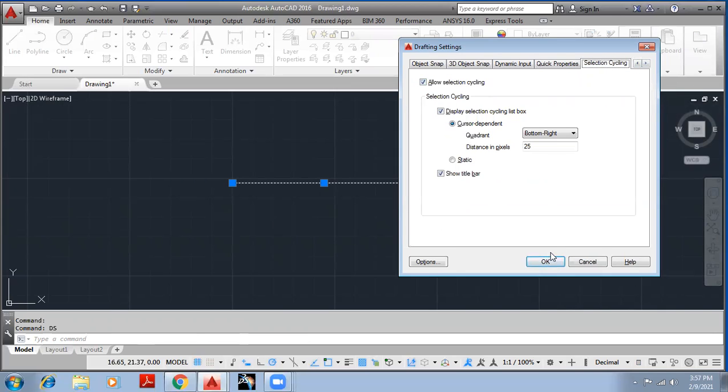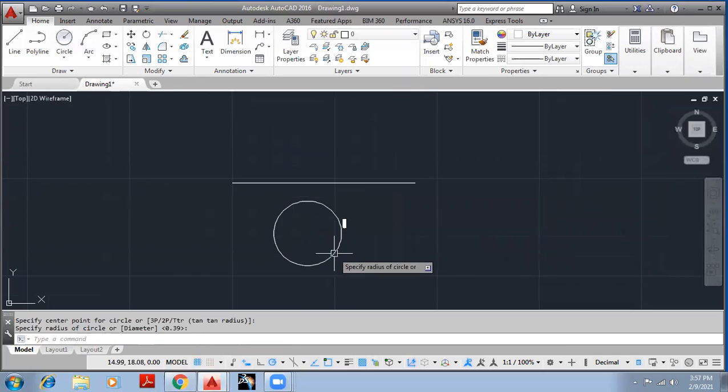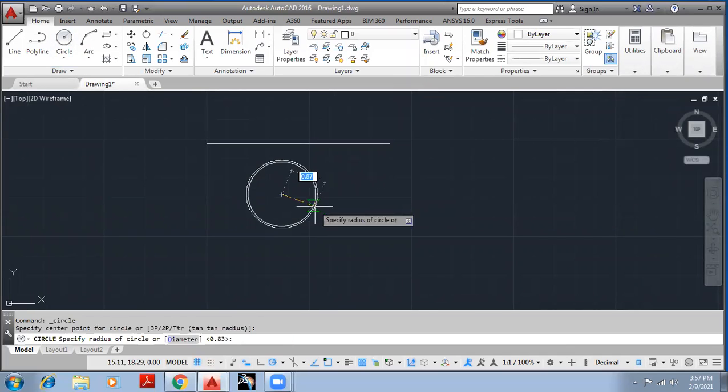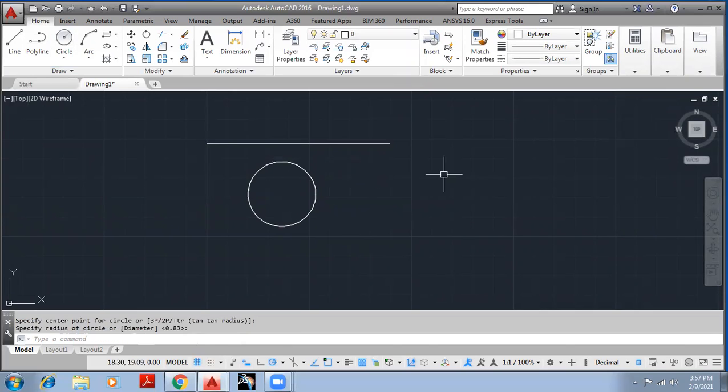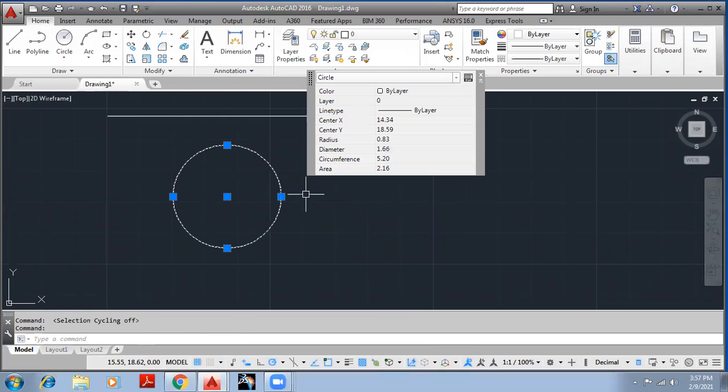That is also a very important point, selection cycling. So when it is in use, suppose I have drawn one circle over here, then I have drawn another circle which overlaps this particular circle. Now if I want to select one of these two circles, it will be difficult for me.